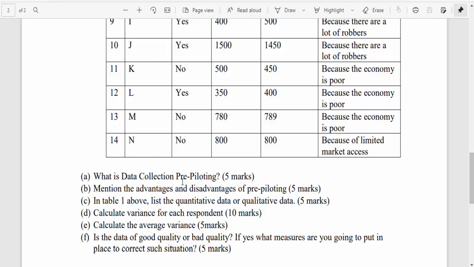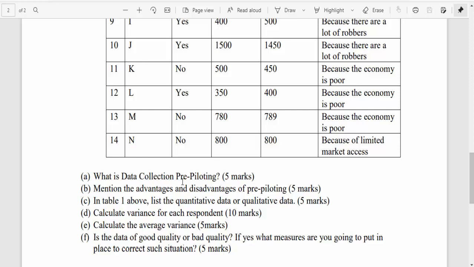The advantages are that it really helps you determine the flaws early in the tool, and it helps you determine information that you need to add. But the disadvantages are that it can be a cost, because this activity requires resources. Time is a valuable resource in any organization, so you need to set aside time to actually do this activity.